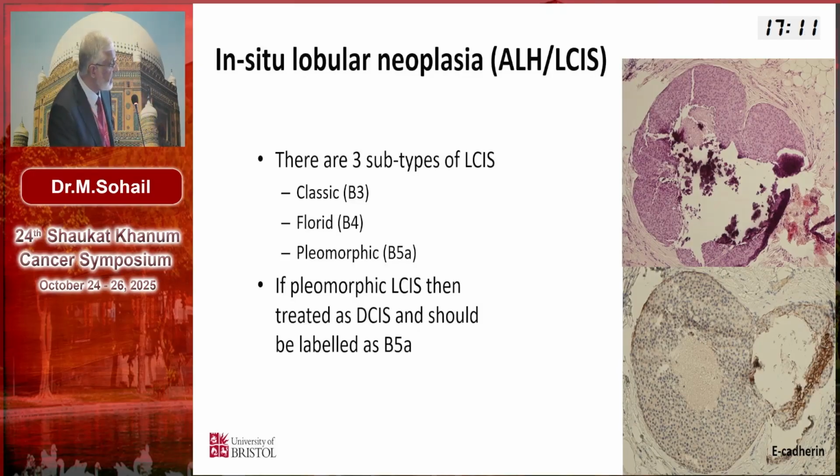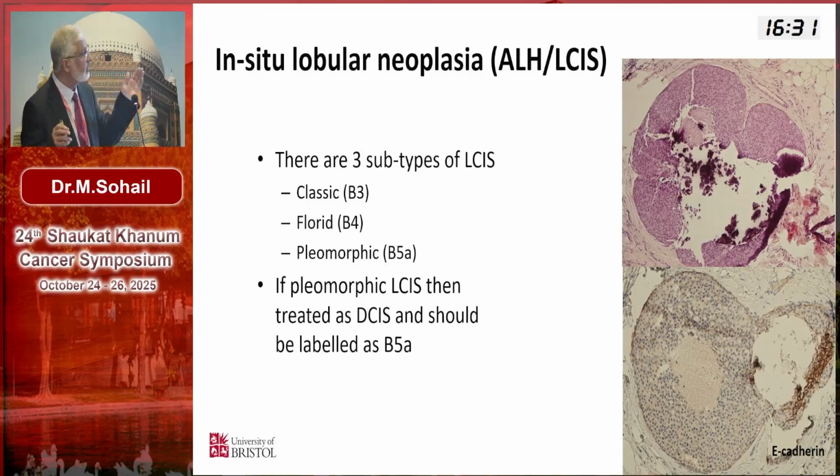Now, seeing a central comedonecrosis, quite often people say this is high-grade DCIS, period, and they don't investigate further. But in those cases, always look at the background, and if you see any LCIS, always do E-cadherin. Quite often, even I looked at it a few times and asked, can I make a diagnosis of pleomorphic LCIS? If there was no background classic LCIS, I thought I might have missed it. So it's quite important to be vigilant and look at the slide. If the cells look neuroendocrine type, with a lack of cohesion, then always do E-cadherin, even if there is no classical LCIS in the background, because the natural history is slightly different.